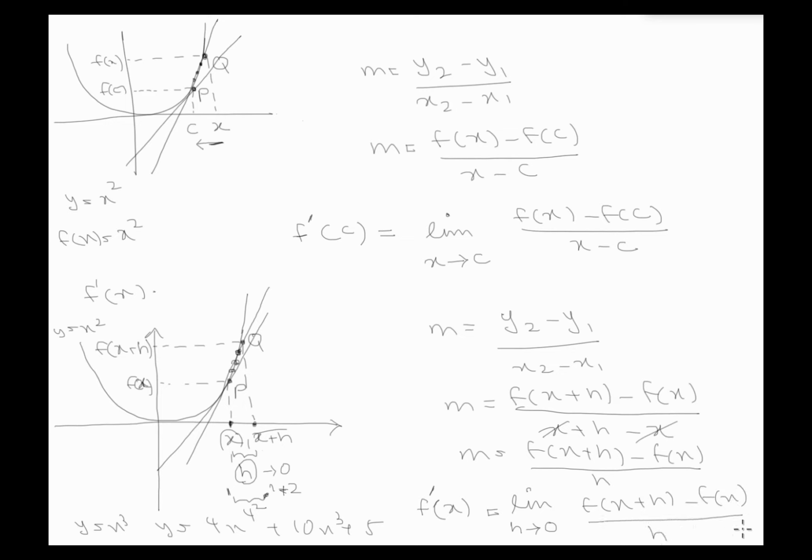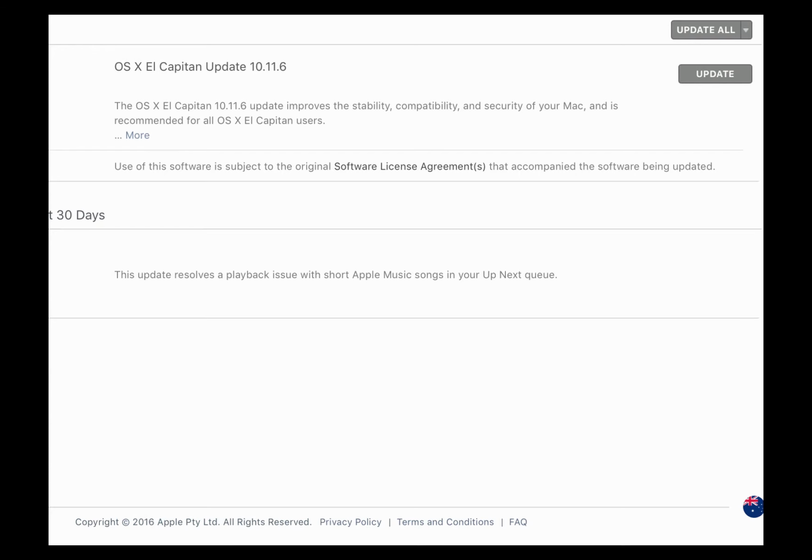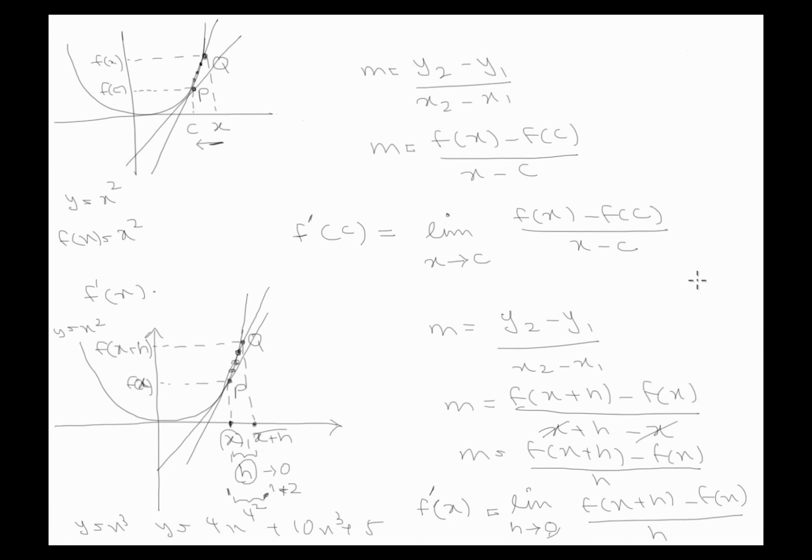So just a quick recap. This is your gradient of the secant PQ. What we're saying is that this gradient is going to approach the gradient of your curve at point P if this h approaches 0. So the closer and closer this h gets to 0, as in no distance between these two, then the closer and closer this is going to be able to estimate that. And that is basically how we estimate